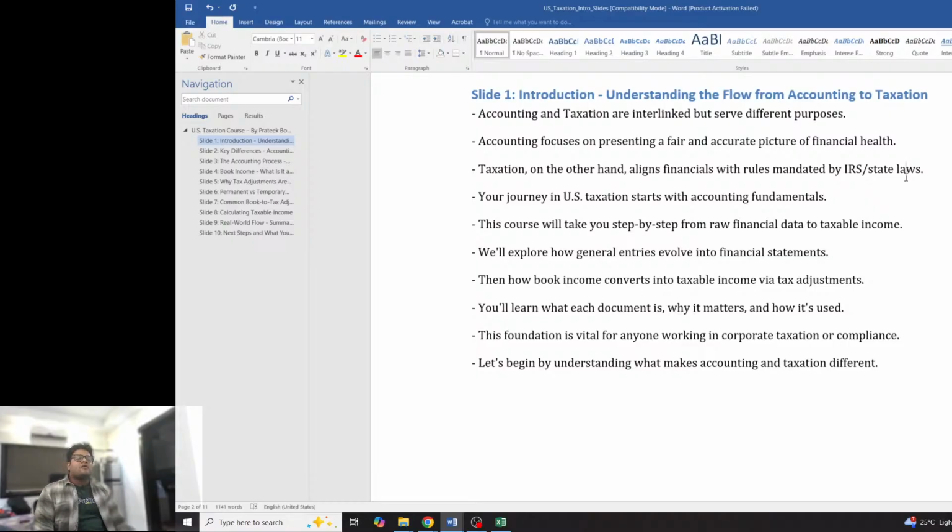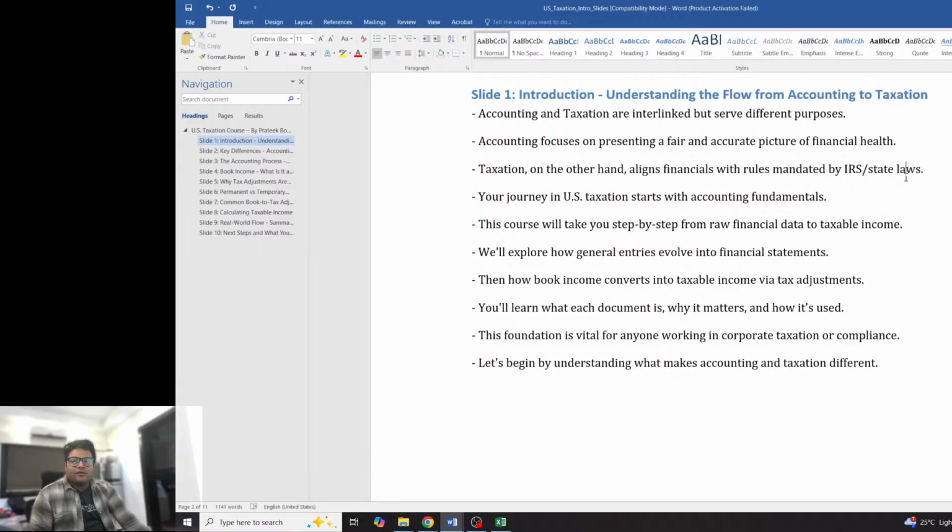Accounting follows accounting standards. You might have heard of something called an accounting standard; if you've not heard, that's fine. There are globally accepted principles on which accounting works, and US taxation is governed by IRC rules, which were last majorly implemented, I think, in 1986. So from then we go with the taxation rules.